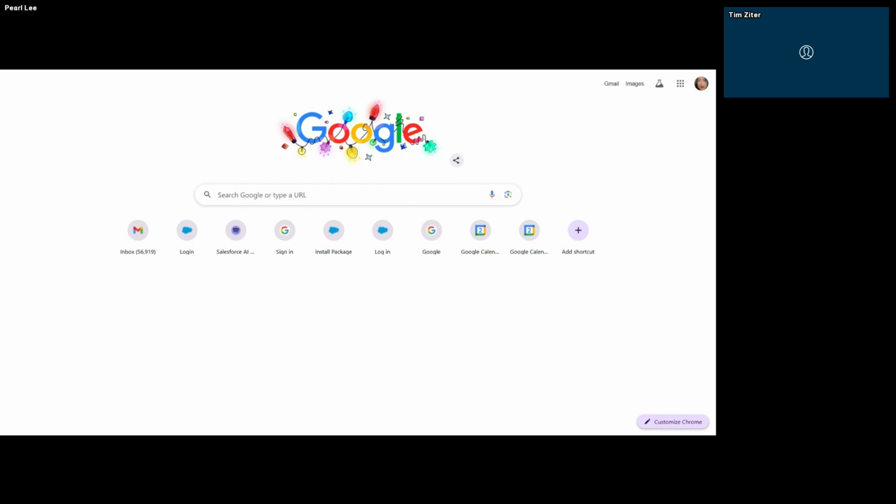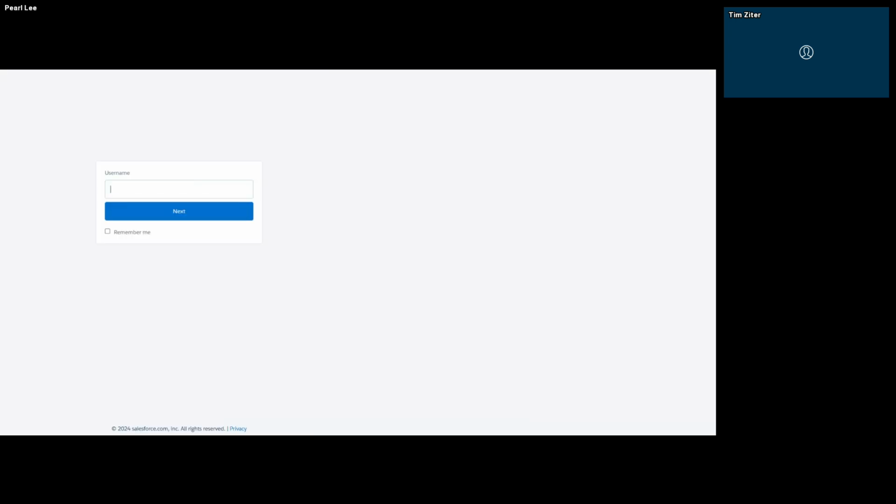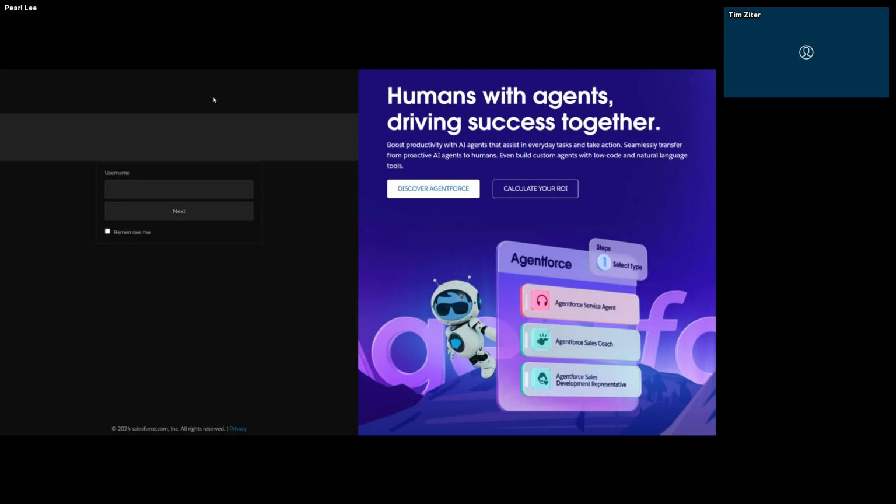Do you see my screen right now? I see the Google tab for sure. Do you see the login? I don't. Is that a new tab? Yeah. Maybe if you stop sharing and share again, and try to share your entire screen, maybe that'll work now that we've got this on a tab. There we go. I just copy and paste the URL here. Perfect. Excellent.